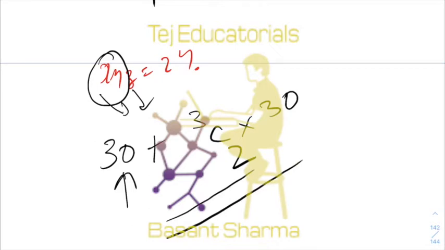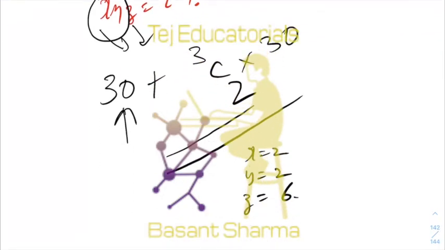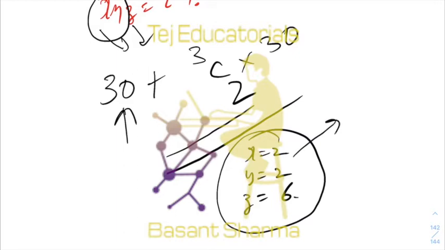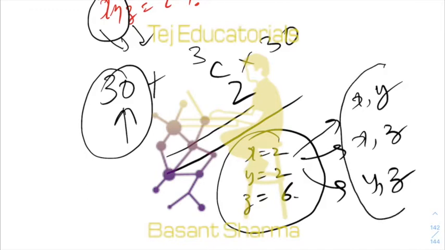Okay, suppose one of the ways is, let's say, x is equal to 2, y is equal to 2, and then z will be 6. Suppose this is one solution out of the 30 solutions. Then corresponding to this, either x and y can get a negative sign, -2, or x and z can get a negative sign, or y and z can get a negative sign. So corresponding to every solution which you had in these 30 solutions, there are 3 ways in which a negative sign can be given to two of them.